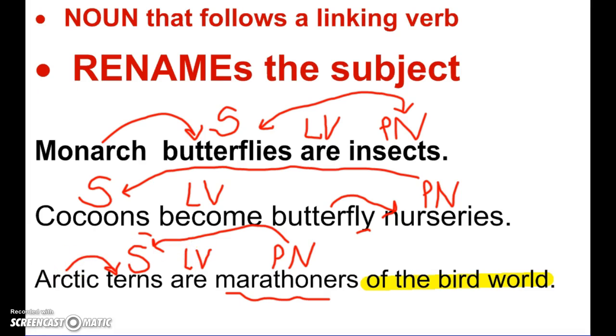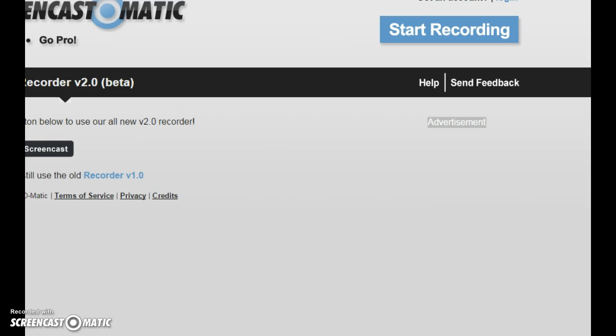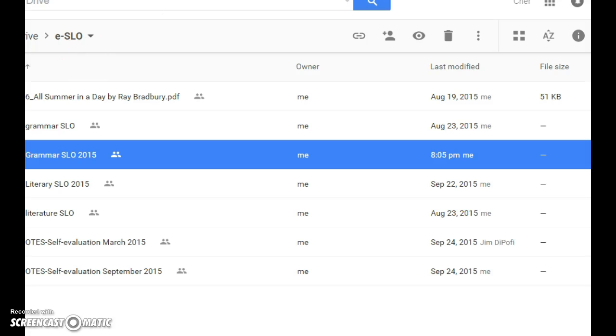So we are going to continue to practice identifying the sentences, starting with this process of getting rid of the extras, finding the subject, finding the verb, deciding what kind of verb it is, and then identifying the complement that falls after it. If you finish this and you would like to try, I would advise you do it in pencil. Use a highlighter to find your prepositional phrases, and then use your pencil to label the sentence patterns so that as we go back, we can change them if need be.